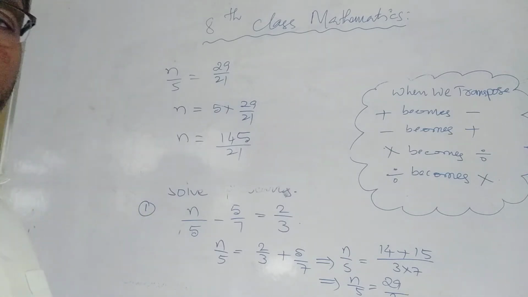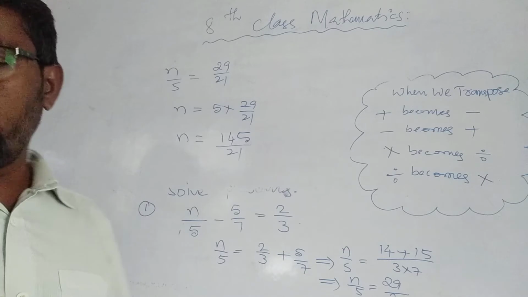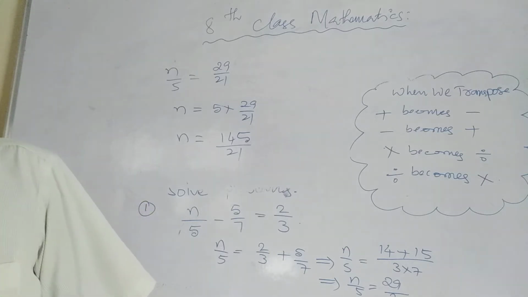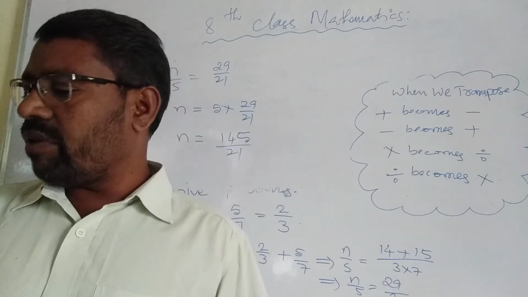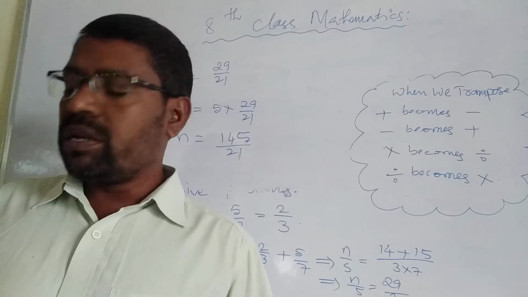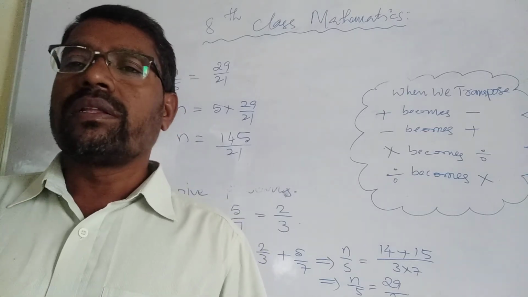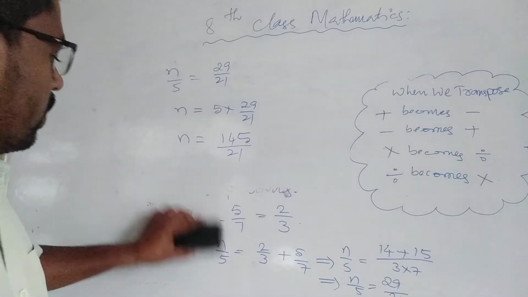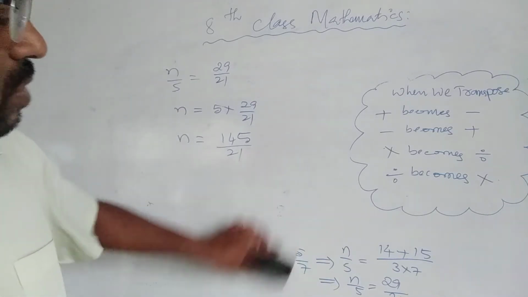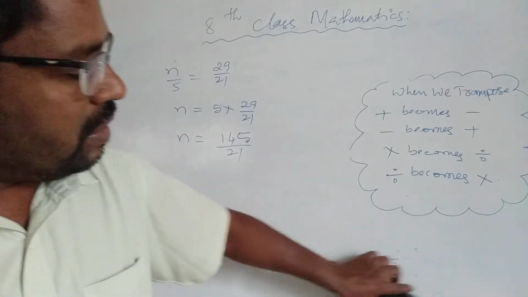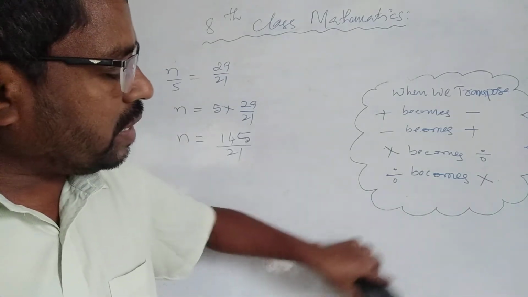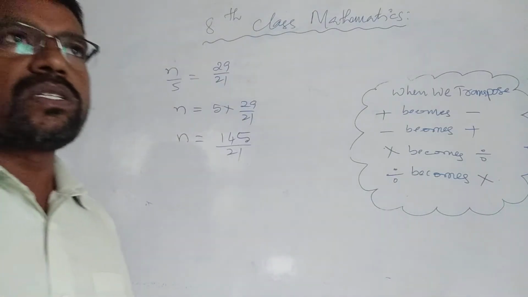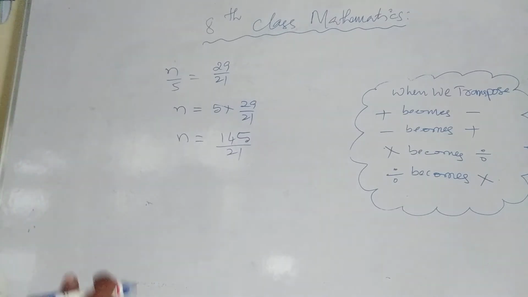Okay children, now one more problem I will solve. In your textbook, exercise 2.5, in the first bit you have a total of 12 problems. I will give you each and every one as a model. You should cover all these things, and the remaining I will give you in worksheets also. You should be perfect in calculation, LCM and simplification, otherwise you can't solve these answers. Okay, write this.